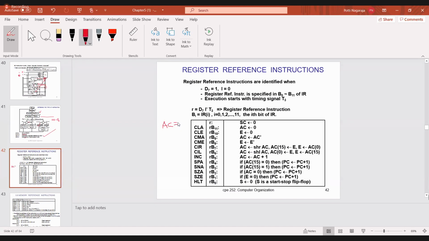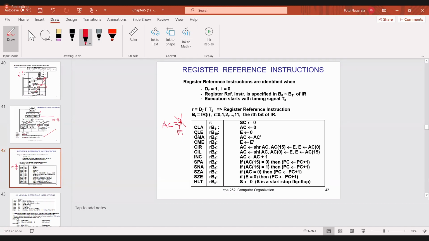For example, assume it contains 3. Now clear accumulator. After this, what is the value? Anyone? Initially it is 3. Now I have to clear the accumulator, so the value is now 0.